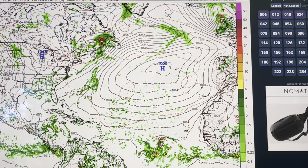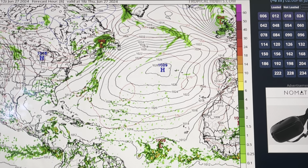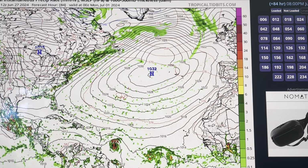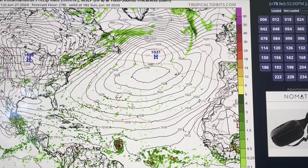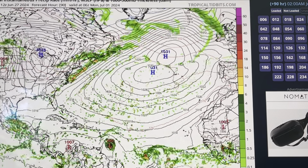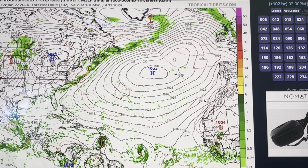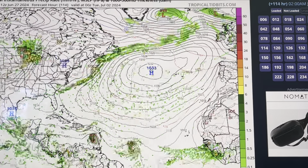And yet again, here's Invest 95L, here's Invest 94L. Canadian model does not show 94L really doing much of anything, just bringing enhanced rainfall to Mexico. Looks like the Canadian model is much more in line with the GFS model, still to a weaker degree, but still has it approaching and going through the Lesser Antilles as likely a strong tropical storm, if not maybe a